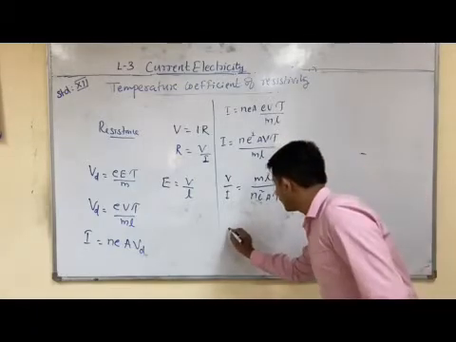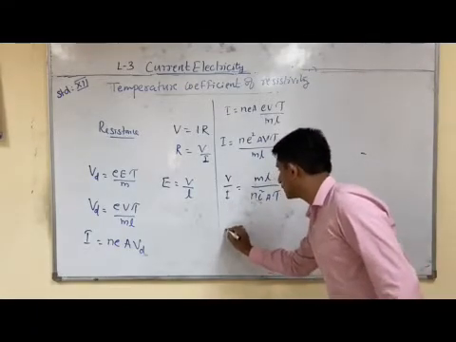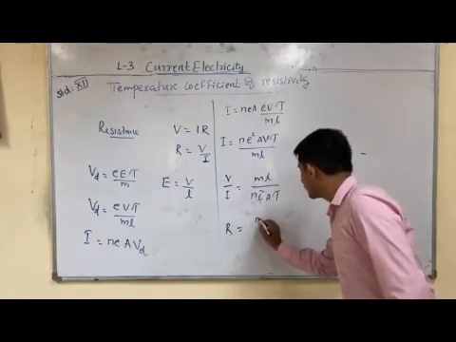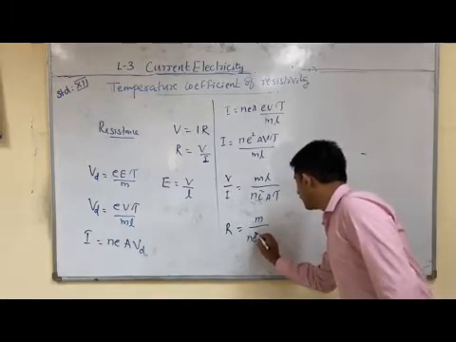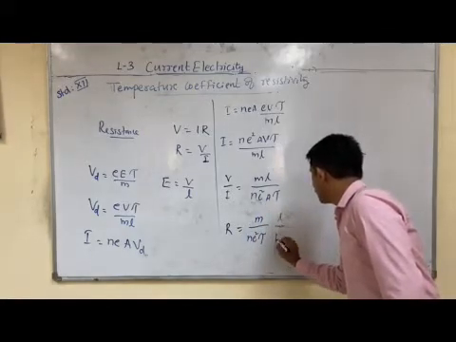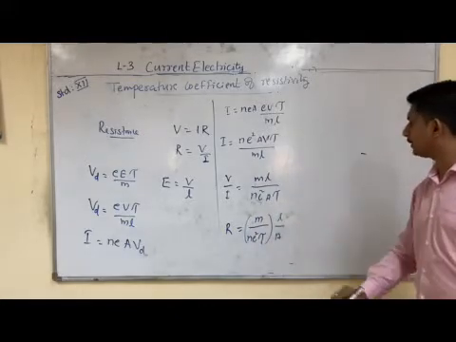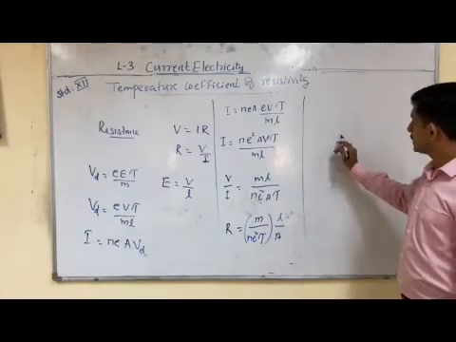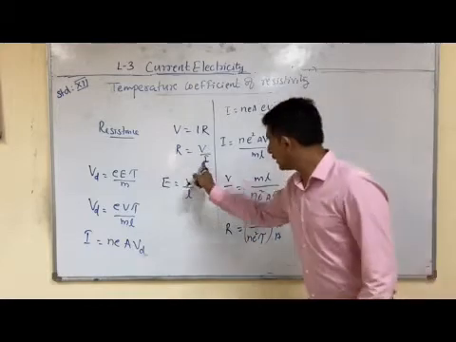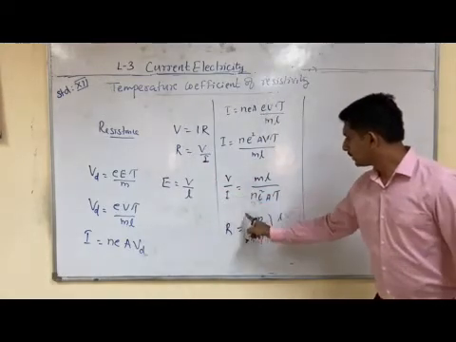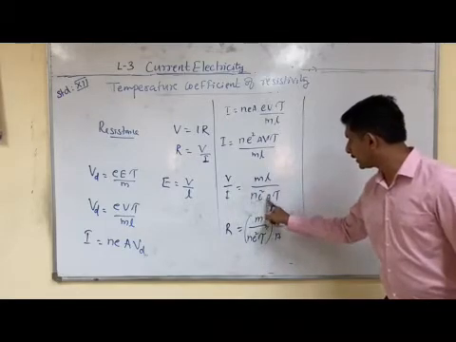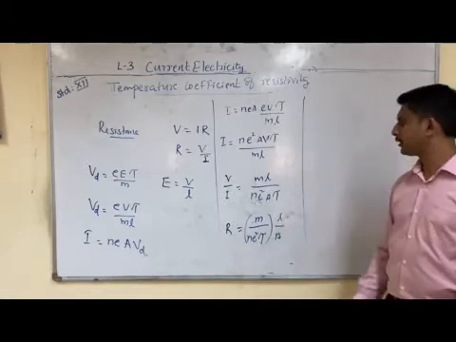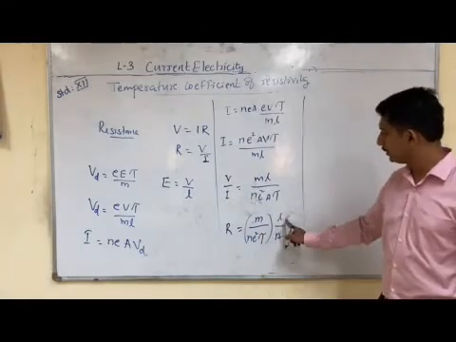Now you see that we are rearranging this equation. V by I, we know what that is? It should be R, resistance R only. R is equal to, I will modify this equation as m divided by n e square tau into L by A. This term is m divided by n e square tau. Because already we studied that resistance R is equal to V by I, and from that equation V by I is equal to m L divided by n e square A tau. So R is equal to m divided by n e square tau into L by A.